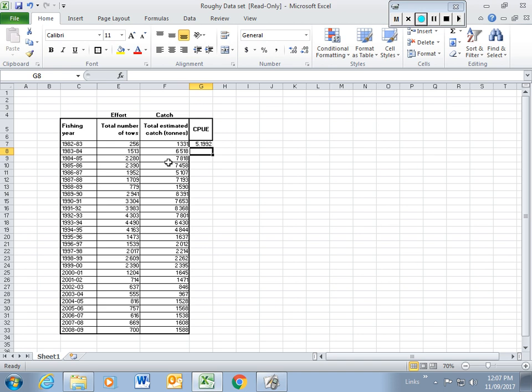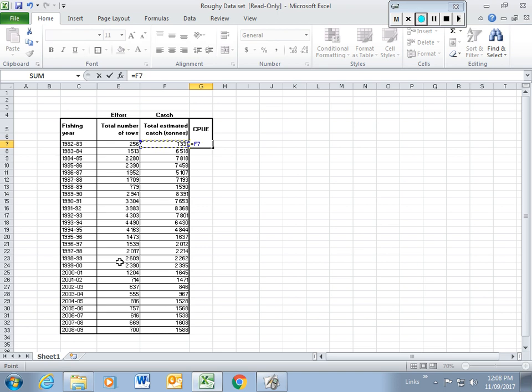Alright, but that's not what we want to do. We don't want to manually write all this stuff in just in case we make an error for one. But number 2 says, oh, maybe I can use this formula somewhere else at a later stage, and I can just copy and paste special or whatever and get across. So what we want to do is just go put equals in there. So click on the cell we want to go. In this cell it's G7. Put the equal sign in there so that Microsoft Excel recognises that it is a formula that we want it to calculate. And then we're going to go, knowing that this is our catch column, we're going to click on